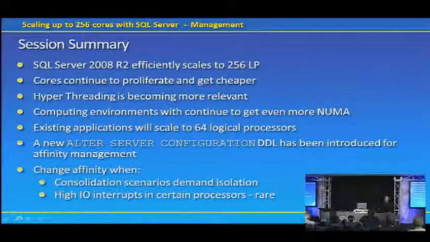Because actually, at this point, we're not limited. The 256 is only because that's all the hardware we could find. We could have, if there had been 384 processor systems, we could have easily supported that. That's just what's available and what we've tested on. So going up to 512 or 640 is really not going to be a particularly big deal for us. It's mostly testing. Might have to tweak some of the page